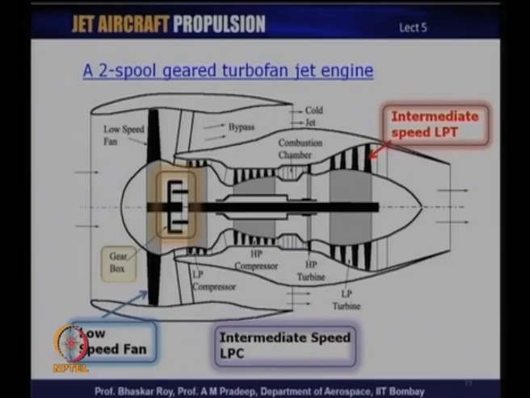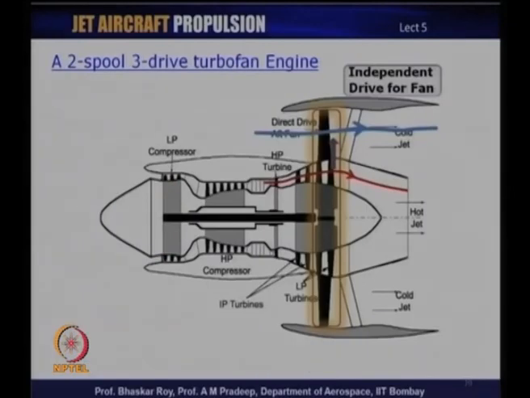This is a 2-spool 3-drive turbofan engine. Now, as you can see here, you have 2 spools, one spool that is the outer spool, which is run by one set of turbines, and it runs the LP compressor. The inner set of compressors is run by the inner set of turbines, which is what we call the gas generator. And then this hot flow flows through a third set of turbines over here before it goes out as a hot jet and produces thrust. This third set of turbines over here